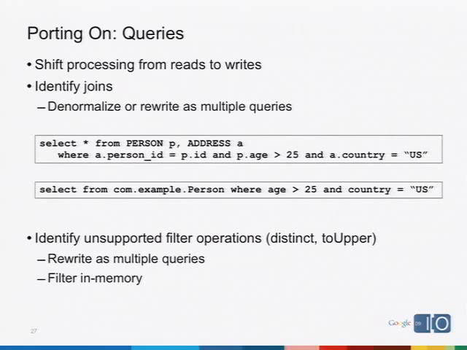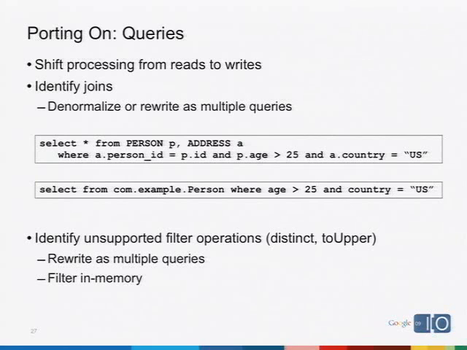we have a typical join. Select star from person, address. We're going to join on the person column across person and address, and then we're going to filter on some property of person and some property of address. Typical join query. If we denormalize, right, storing information about the address on the person itself, duplicating that data, then we can issue a much more straightforward query. So we've shifted the processing to the writes, right, because now when we write a person, we also need to write information about the address. When we update the address, we also need to update the person. We've duplicated that data. So we're pushing the processing onto the writes. But that's going to allow us to do a really efficient read.